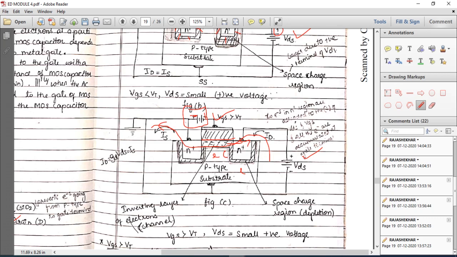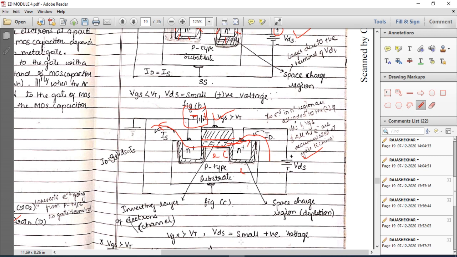This is nothing but the N channel, because here it is created between two N plus doped regions. Hence it is called N channel. We call it enhancement because without any channel, for a particular voltage, it creates one channel on its own, for a particular voltage between the gate and ground, or between the gate and source. It is enhanced by creating a channel. So that's why we call it N-channel enhancement type MOSFET. That's the name it is given here.